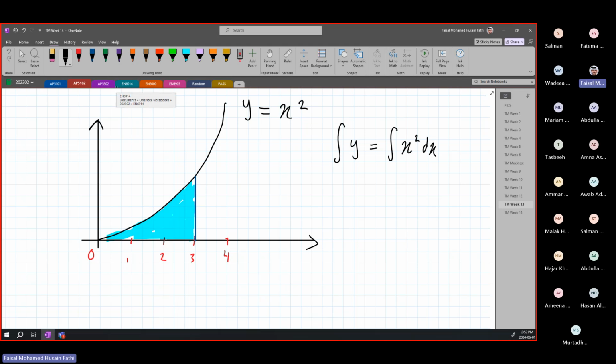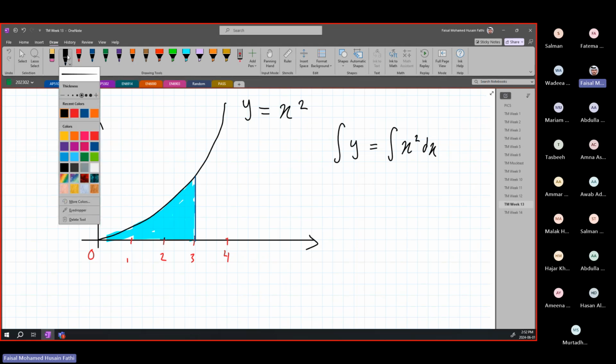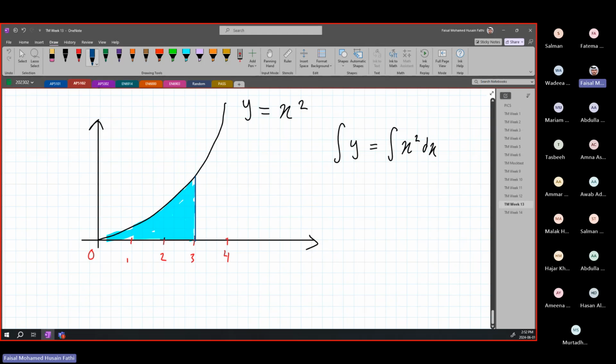All right? You need to integrate the function that you have here to find out what the area underneath it is. But this is going to give us a formula. We don't want a formula. We have a specific limit. As you can see here, we have identified that this is starting from here and ending at this point over here, where our value is going from 0 to 3. So we know that the integration is from 0 to 3. Okay? From 0 to 3.